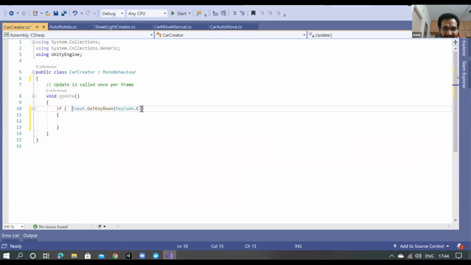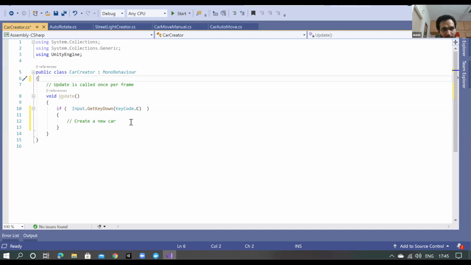Again, I'll put some extra space so as not to confuse the two brackets. This is the bracket of the if, and inside this I have a condition. If I press the C button, then this entire thing will become true. And if this becomes true, then I will do something. What I'll do is create a new car.